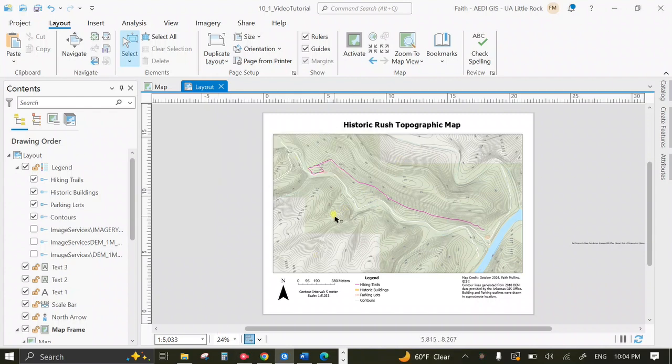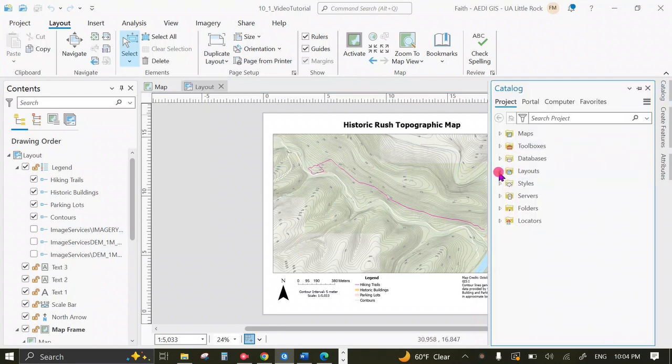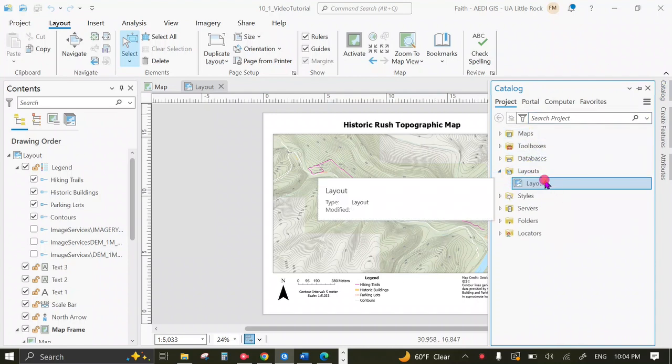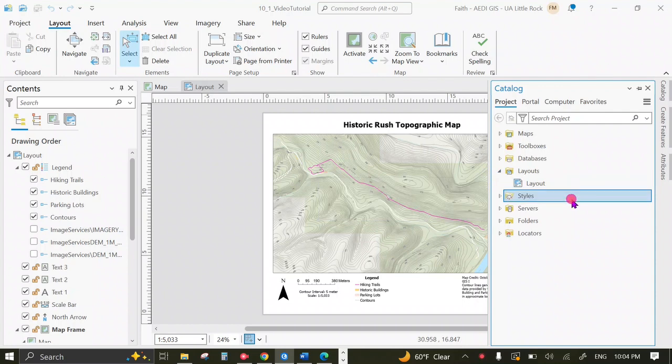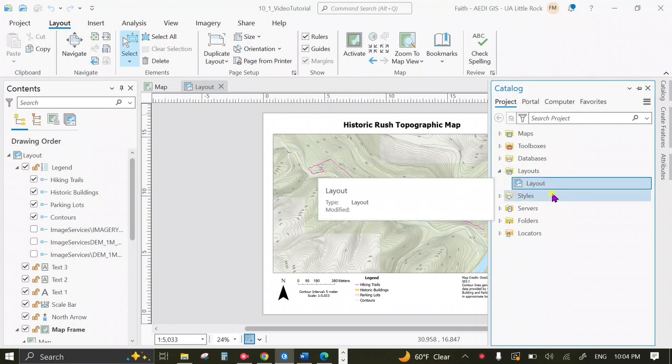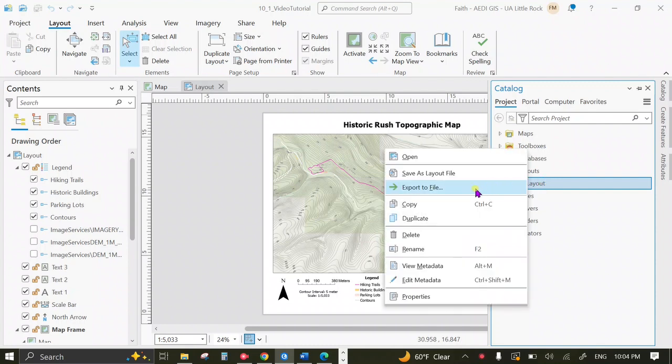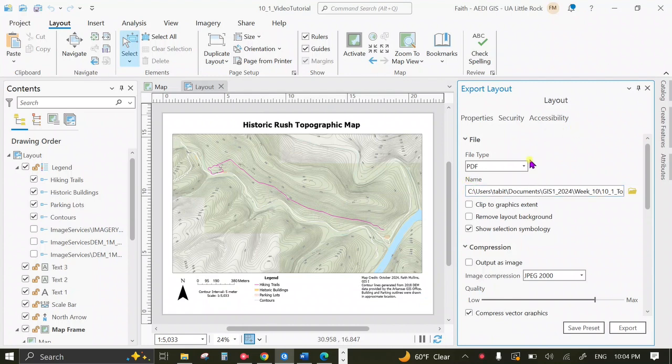The last thing I need to show you is how to export this layout into a PDF format. To do this, first off, make sure you've saved all of your work, and then go to your catalog pane. And now you have a new folder called Layouts. Open that and you'll see the layout you just created. You can rename it here if you'd like. Right-click on your layout and click Export to File. Select PDF file